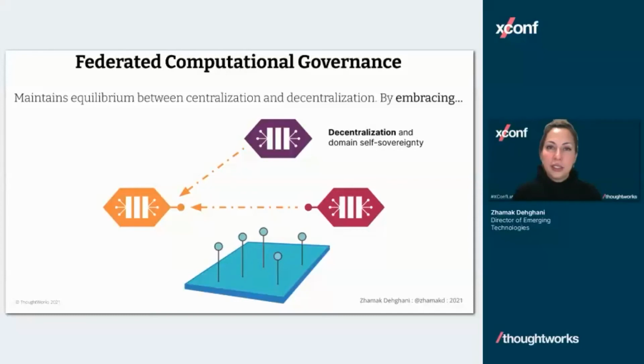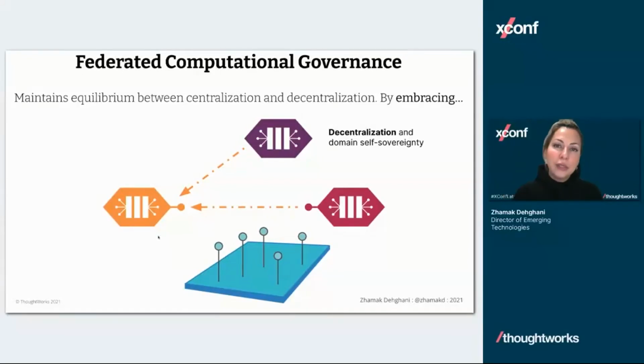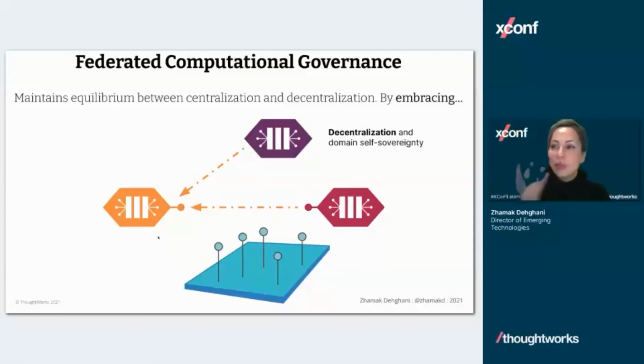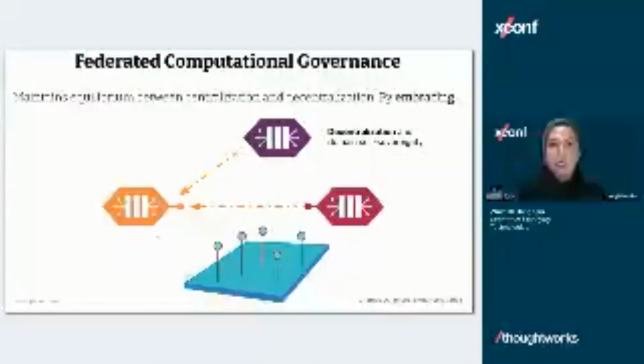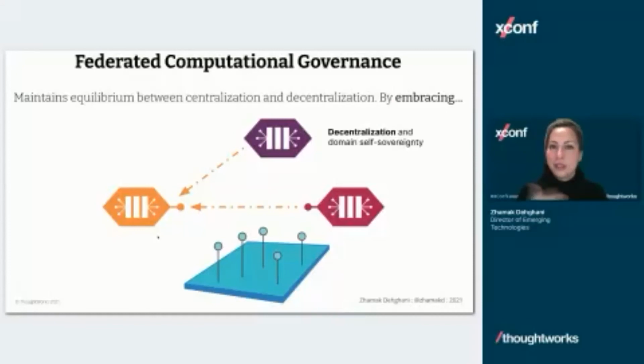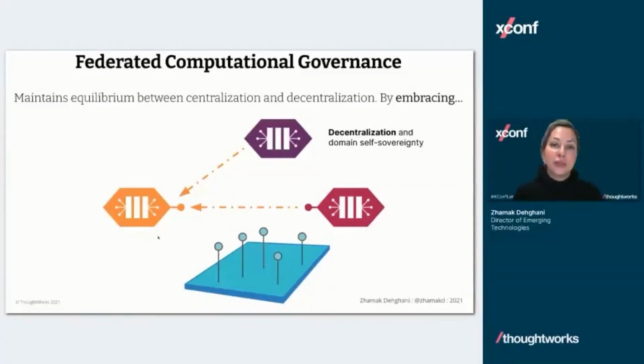So we still want to embrace that, but we want to deploy it very differently, approach it very differently. So we want to find this equilibrium between centralization, right? We need to have standards that are still the same to allow one data product to talk to another data product, but we need to also embrace decentralization of domains, that we will have different teams at the same time building their own data products, right?